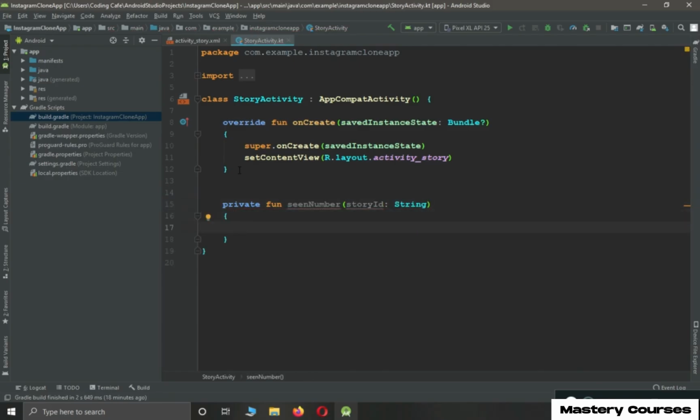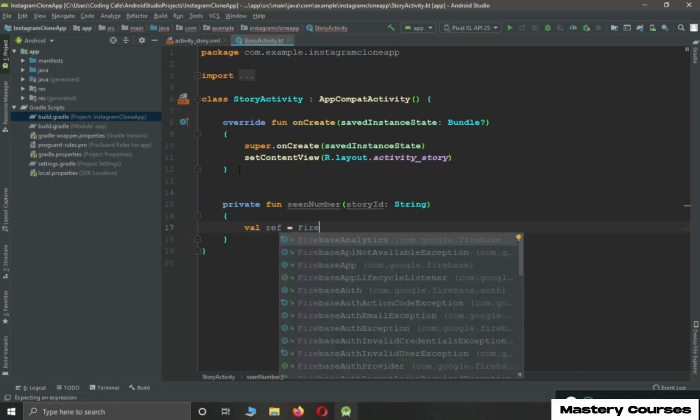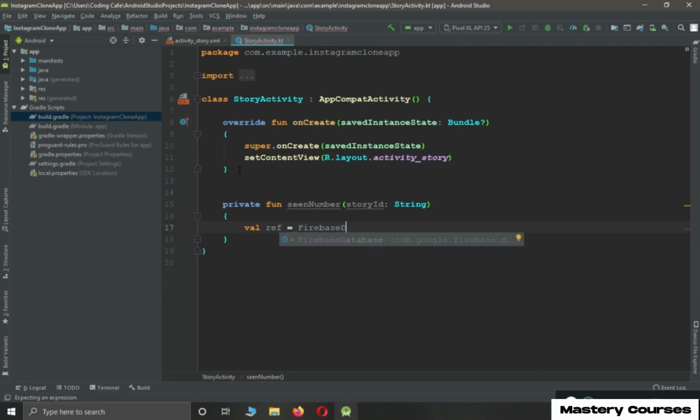Let's create a reference. Firebase Database dot get instance dot ref dot child. Child will be our story node,